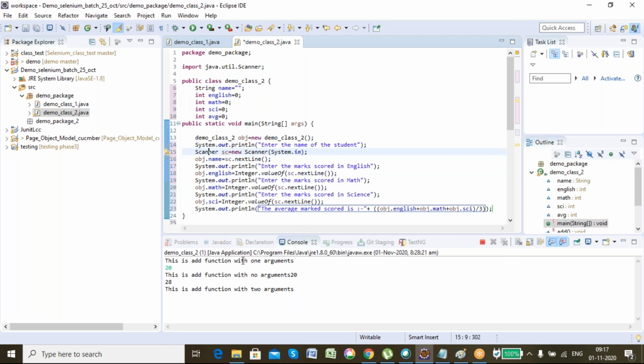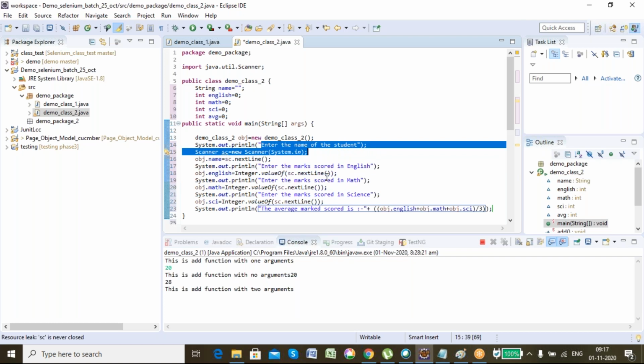But in the next line, what I'm expecting, all the marks of English, math, science, should be numeric or int. So for that, you see what I did: I am just printing these lines so that you will have an idea for which data member you are entering the value. Even without this print statement, we can also directly take the value and assign.